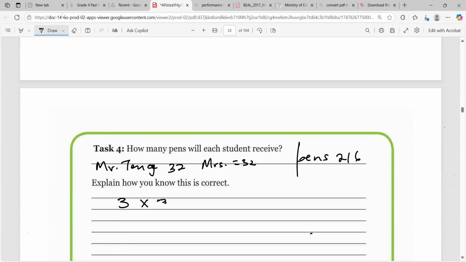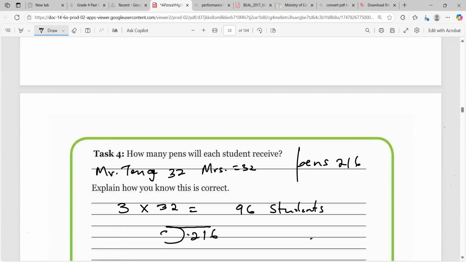So it's a total of 3 times 32. That's the number of students, 3 times 2 is 6, 3 times 3 is 9. So in all, you have 96 students. I think we kind of missed that part of it, guys, where it says each class has the same number of students. We missed that part. So it's not just 3, it's actually 3 times 32, because remember, 32 was in the original class. So we have a total of 216